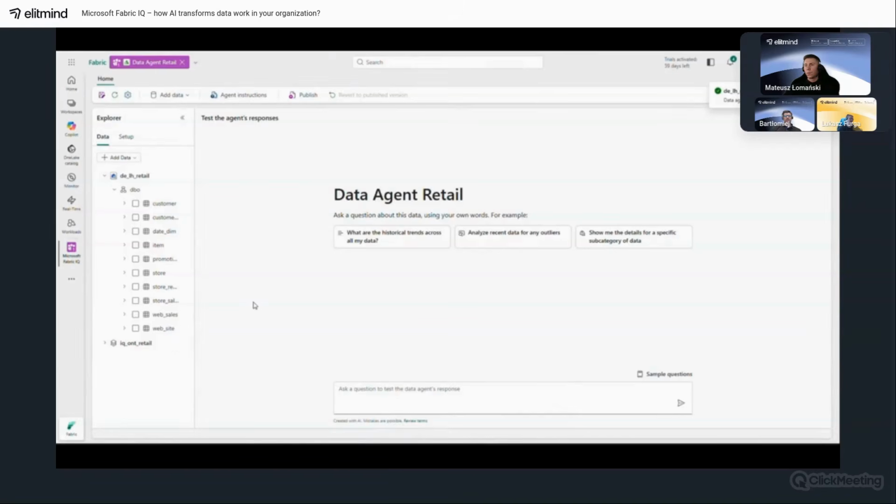After adding the data source, we see that our lakehouse and ontology appear on the left side, but in the case of lakehouse, no tables have been selected yet. We must manually select the tables that will be used by the agent. I would like to emphasize that it's worth selecting only those tables that actually contain useful information. This way we don't clutter the agent's knowledge and make it easier to find the specific information we'll be querying. However, I will mark all of them.